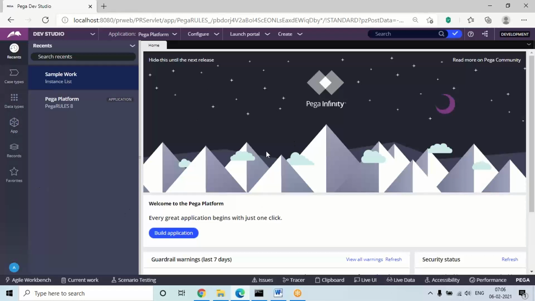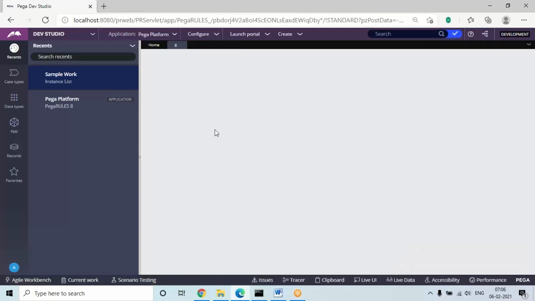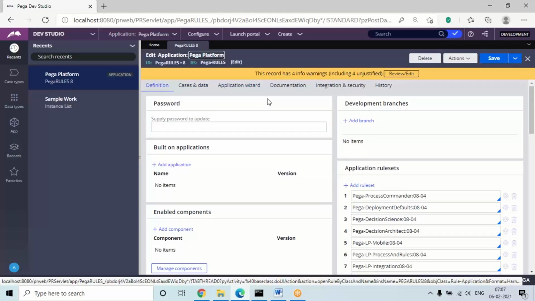Okay, and on the right side, anything you click or open in the platform will open in this work area panel, the right side one. Suppose I open anything from anywhere, from the explorers or from the header, it will display in the work area panel. It opens in the form of tabs. If you click on something else, it will open in the work area panel in the next tab. So if you want to add anything or customize the design, we can do it from the work area panel.